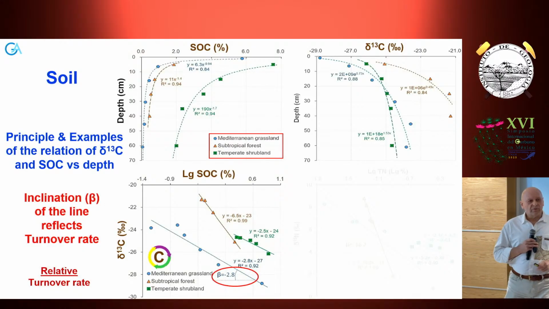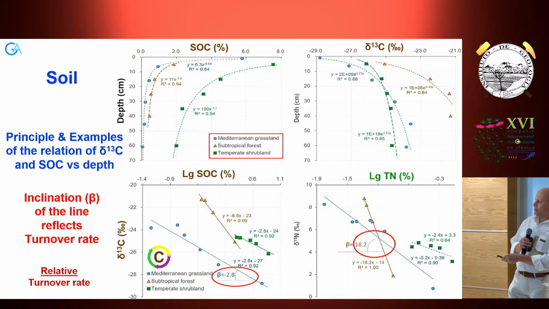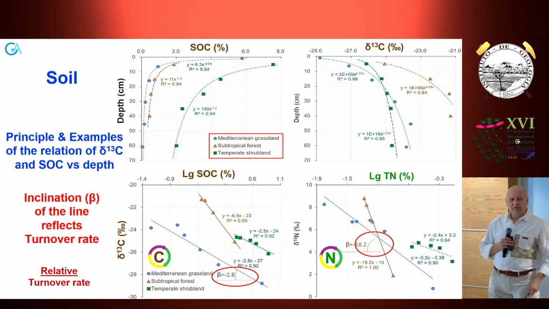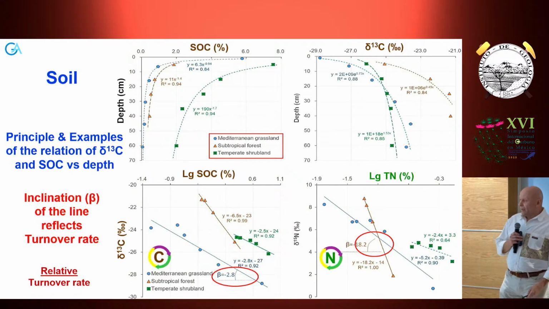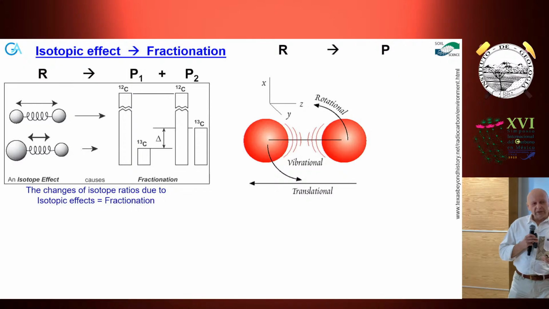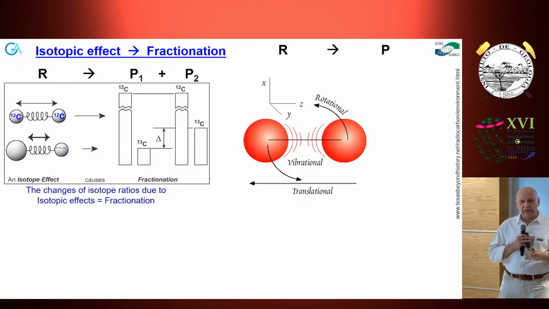So this approach was suggested initially just for carbon, but we thought if this worked for carbon, maybe it worked also for nitrogen. So we can also present the logarithm of natural isotopic composition of nitrogen to its content, and maybe we'll get also similar results. So I will present such results from such studies, but at first maybe a few words on how isotopic fractionation, changes